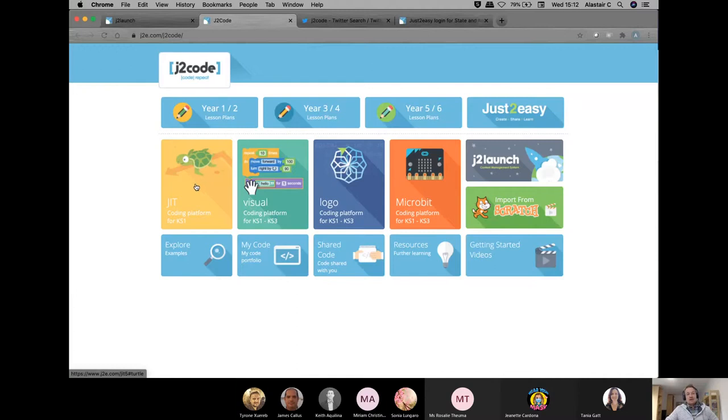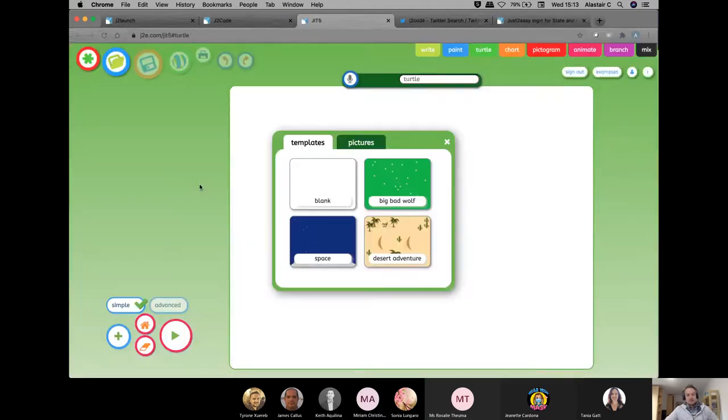So don't be afraid of taking something like the Turtle program to some of your older students, just to bed in some concepts, just to get them used to and familiar with some concepts for coding. So here we go. Let's look at JIT Turtle.